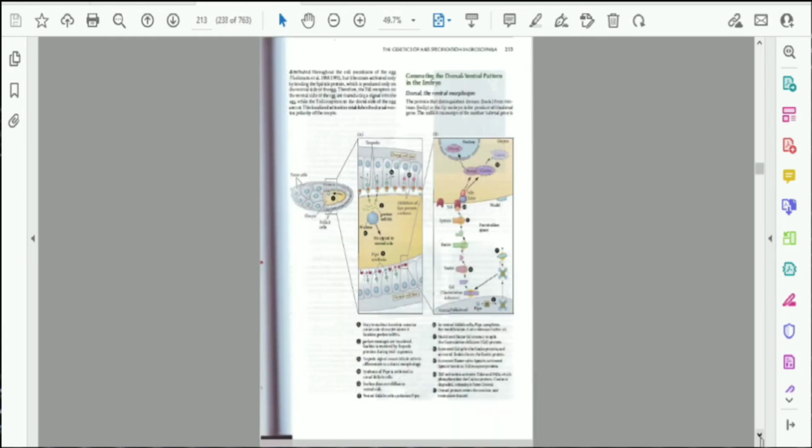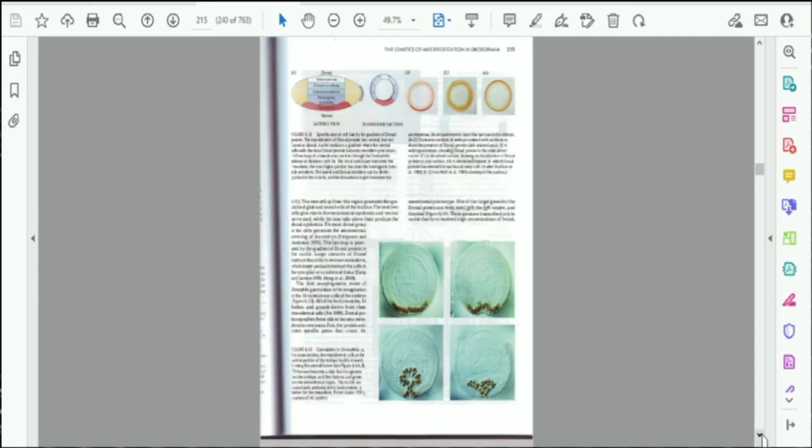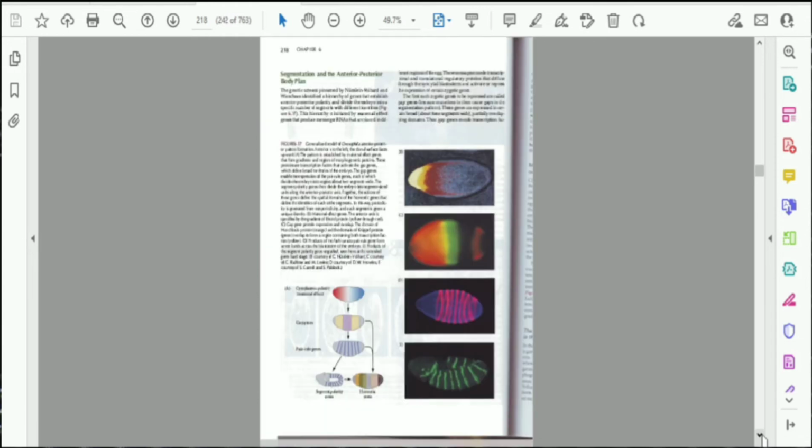This particular topic is how the dorsoventral pattern is generated in the embryo. This particular diagram, the one on page 213, is important, and all these things are important, friends. They are a little bit complicated, but at least try to concentrate on these diagrams alone, and the explanation given in the figure. Even if you have no time to read these lines I am mentioning here, you can concentrate on these figures alone.